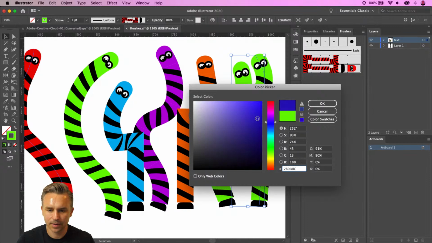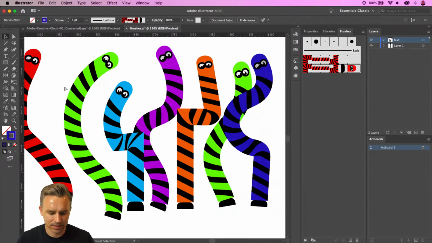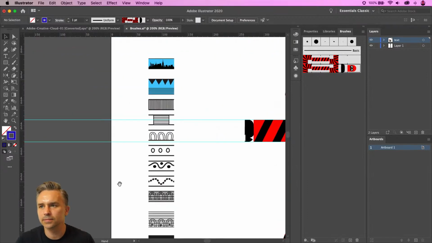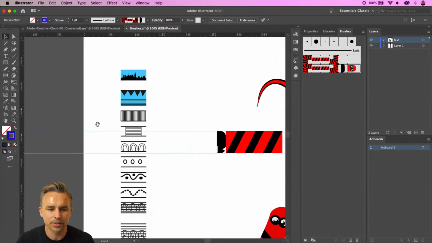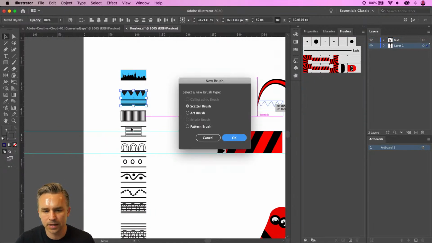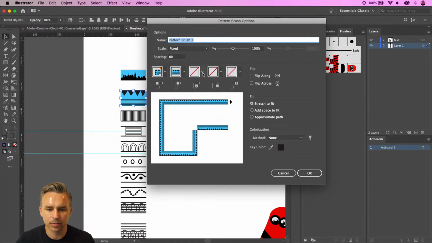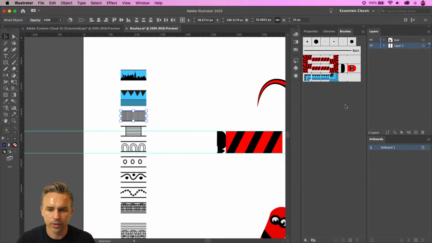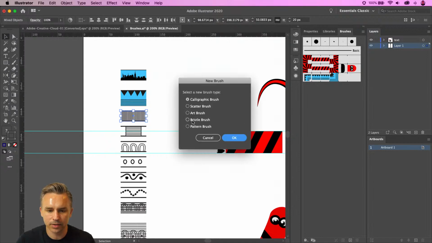There we go. Fun times. I can have my fun background. I actually gave you some fun shapes that you could try out. So go ahead, grab this, try it out for yourself, just drop it in there. Simple shapes, make it a pattern brush. Just make sure you auto center the corners and we can get a really fun scene really fast